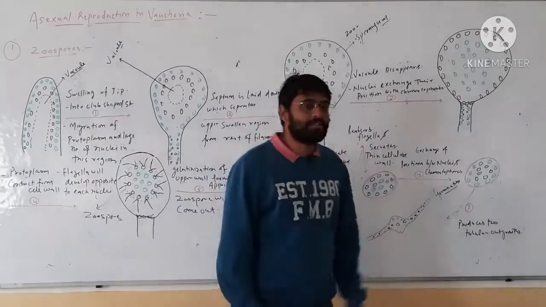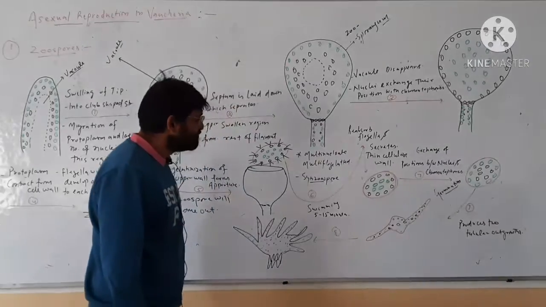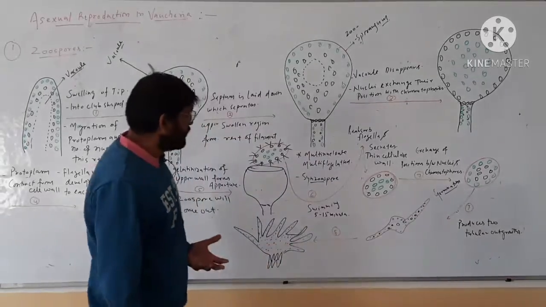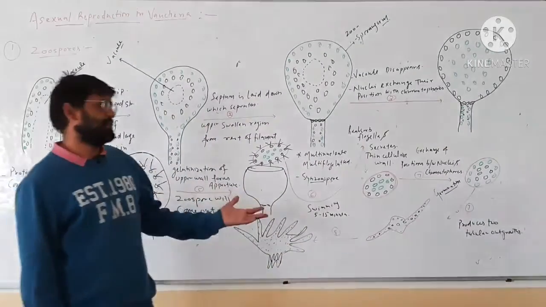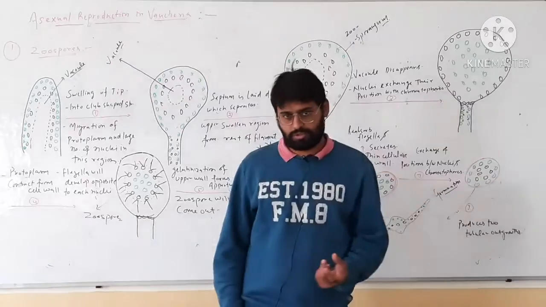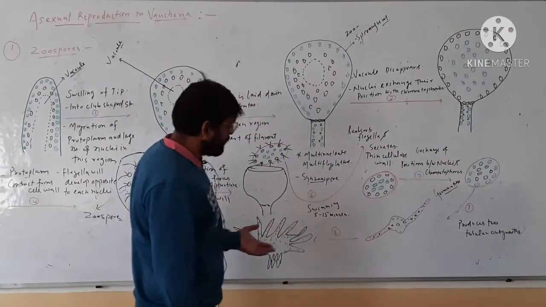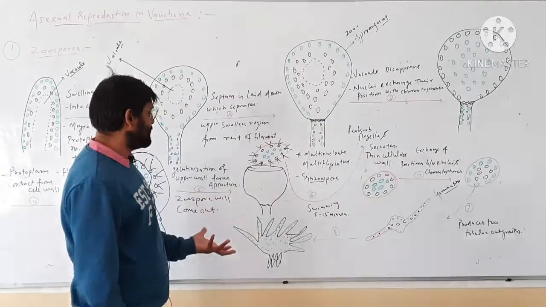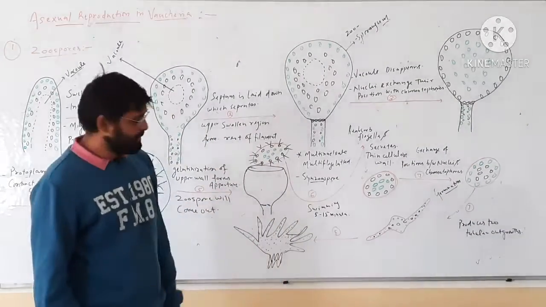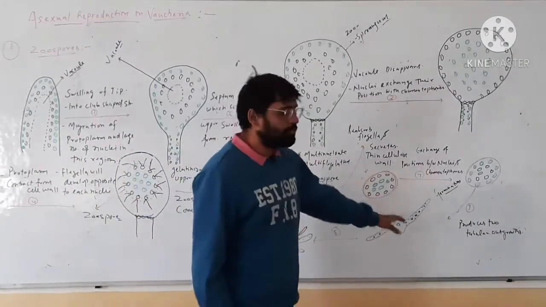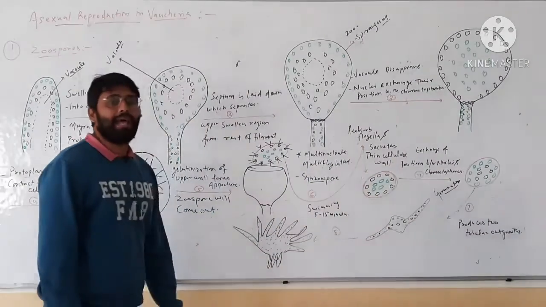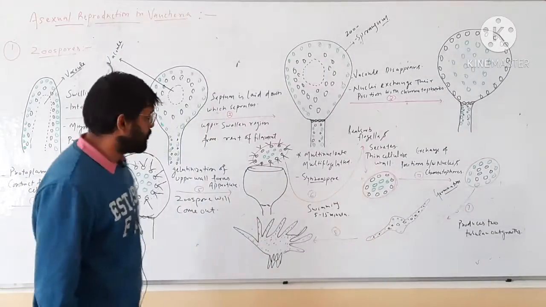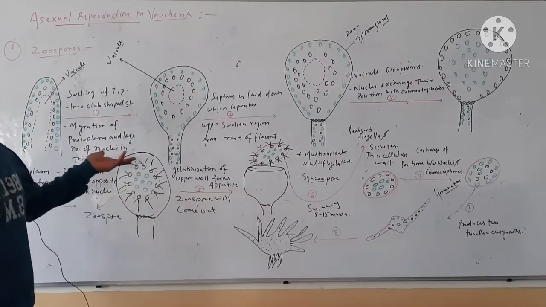So after exchange between nuclei and chromatophore, it will germinate, and during germination it will produce two outgrowths. One outgrowth will form a rhizoid that will attach it to the substratum, and the other outgrowth will form the filaments of the thallus. So this is all about the formation of zoospore, how zoospore develops in a simple filament.